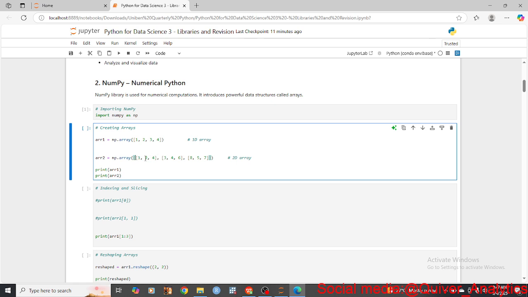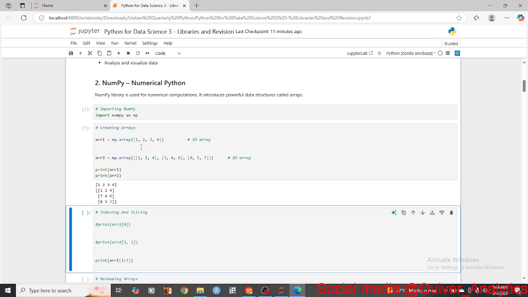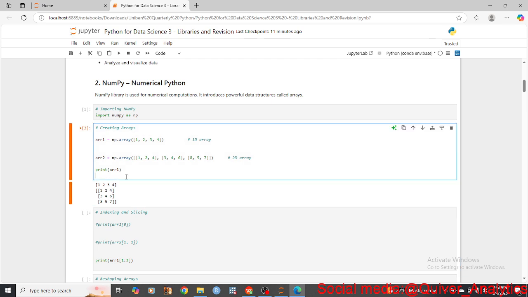Now this 2D array has 3 rows and 2 columns. This is row 1, row 2, and row 3. So while the one-way array functions like a list, the two-way array functions like a matrix because it has rows and columns. All right, so we are going to run this to see. So we are printing array 1 and array 2. You can see array 1 is 1 2 3 4, while array 2 is